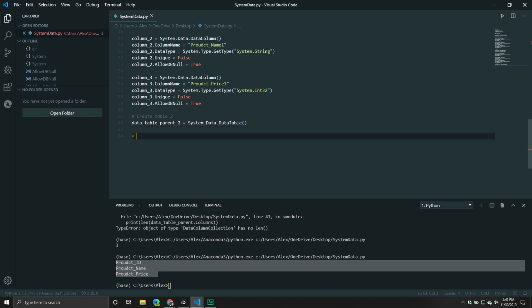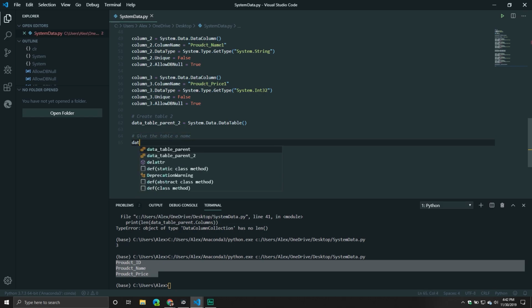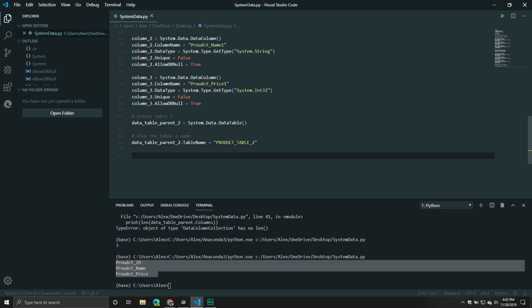I mean, we should be nice to the table and give it a name. So give the table a name. So we'll say data table parent 2, table name equals, and guess what? It's going to be really simple. Product table 2. So now that we've done that, let's show you